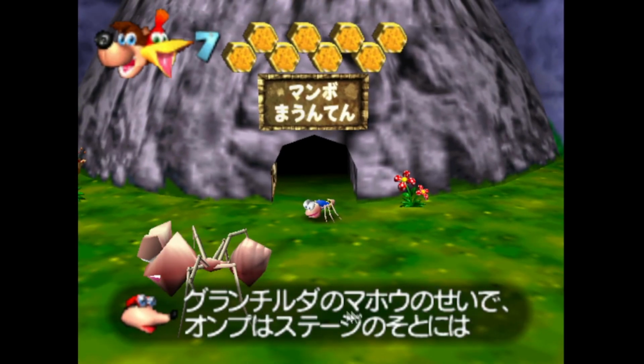グランチルダーの魔法のせいで音符はステージの外には and then some information, which we're not going to get just yet. Gruntilda's maho is magic, basically. So Gruntilda no maho no seide. Sei is like the fault of something. It's kind of obviously negative.